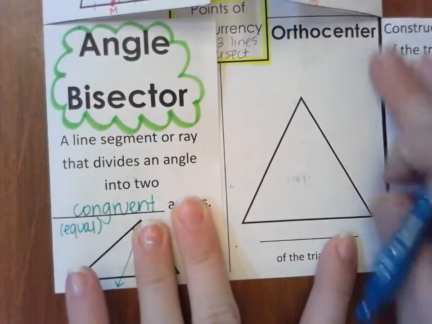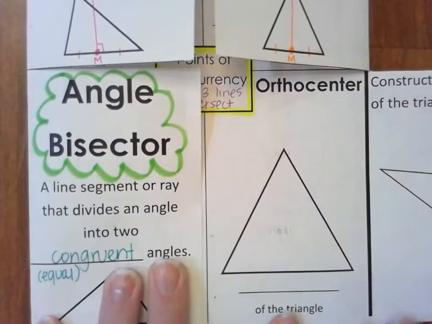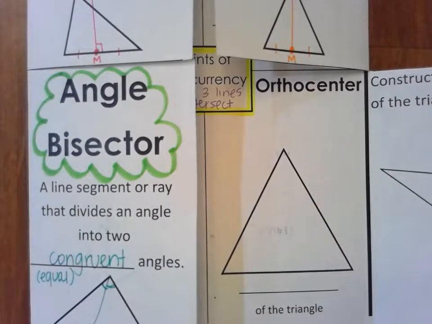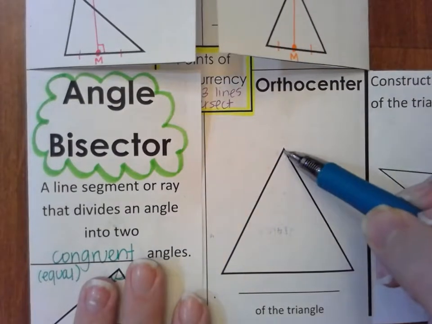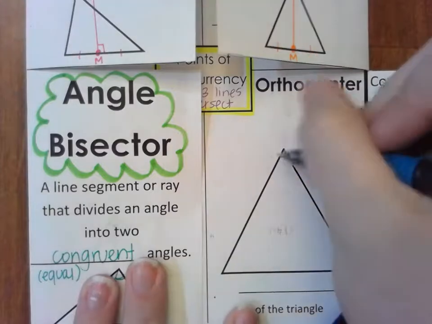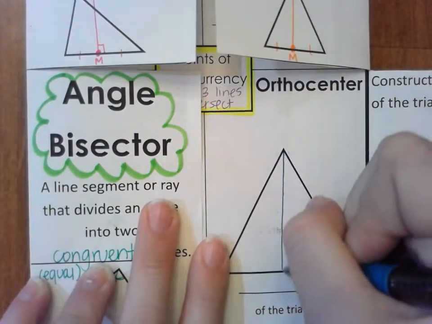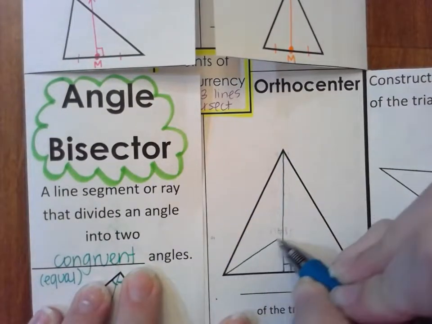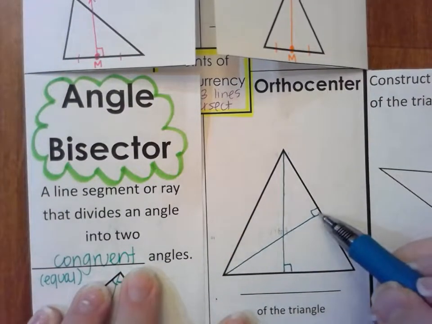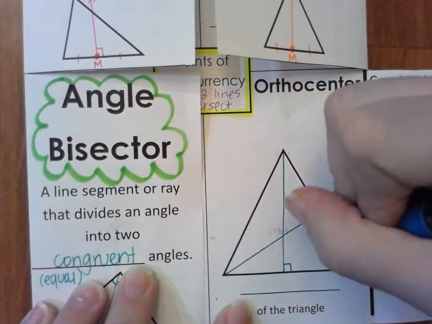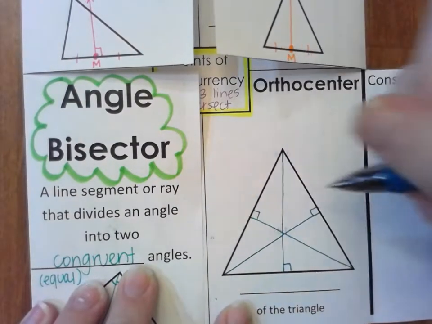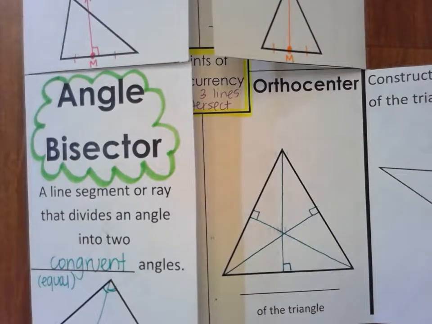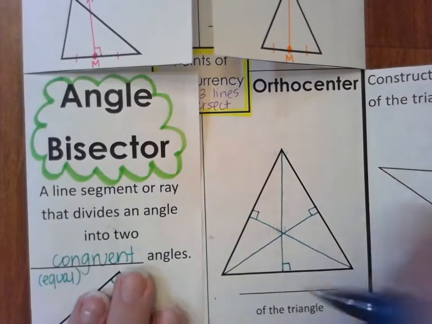Just like the bisectors and medians, we can have 3 altitudes for every triangle because there are 3 vertices and 3 sides of every triangle. So it says we go from the vertex to the opposite side in a perpendicular way. So if we started here, there would be our altitude. Or we could go through this vertex to here. Here would be our altitude because remember it goes to that side perpendicularly. And then we can go to this one. So those are all 3, the altitudes or the heights